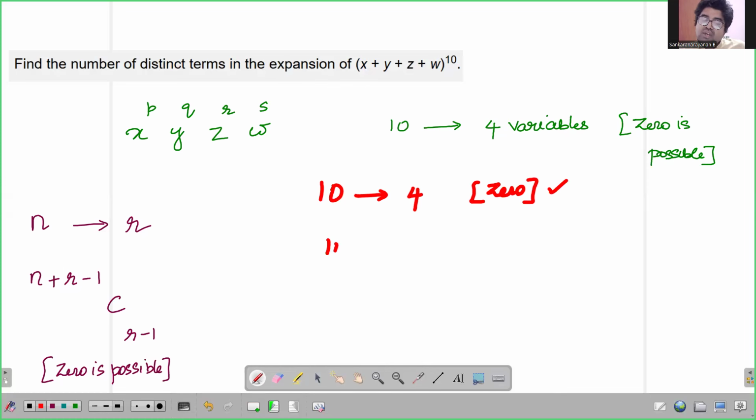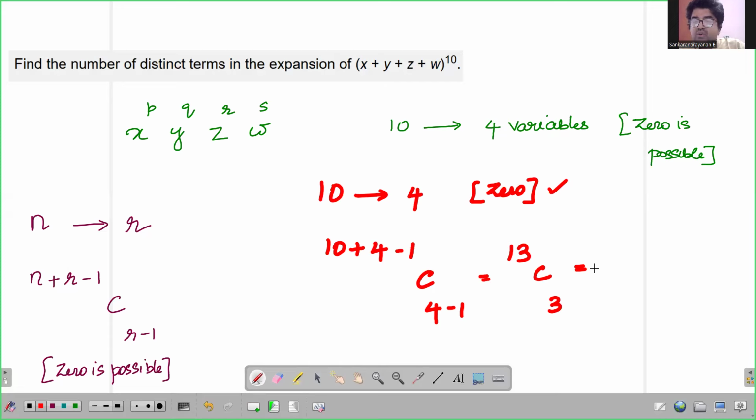The number of ways you can do it will be 10 plus 4 minus 1 C 4 minus 1. This will be nothing but 10 plus 4 is 14, 14 minus 1 is 13, 13 C 3 it will come, which on calculation is equal to